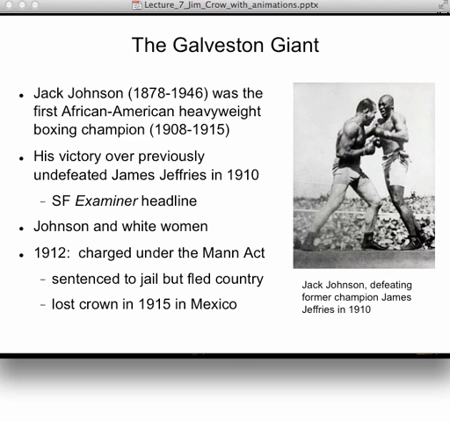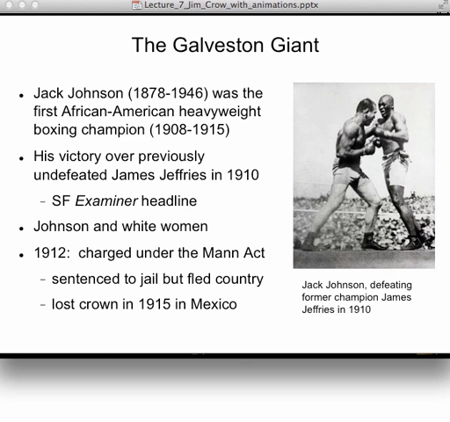There was a federal law called the Mann Act, which said that nobody was allowed to transport a woman across state lines for immoral purposes. And in 1912, Jack Johnson, the heavyweight champion of the world, was actually indicted and put on trial for violating the Mann Act because he took these white women with him everywhere he went. And he was convicted and put in jail. But somehow, through bribery, he managed to get out of jail and to flee to Mexico, where he lived for the next 3 years.